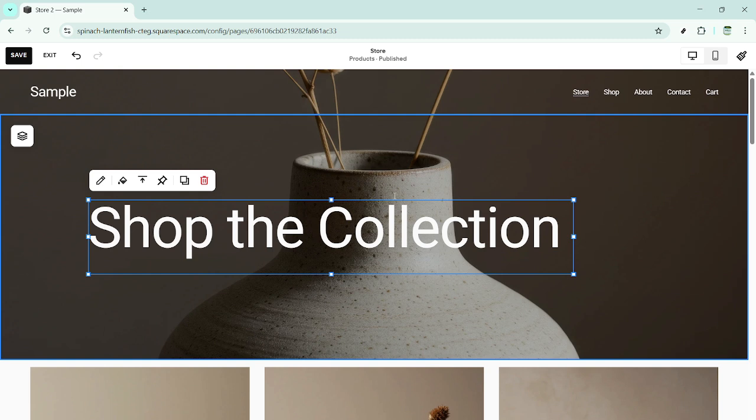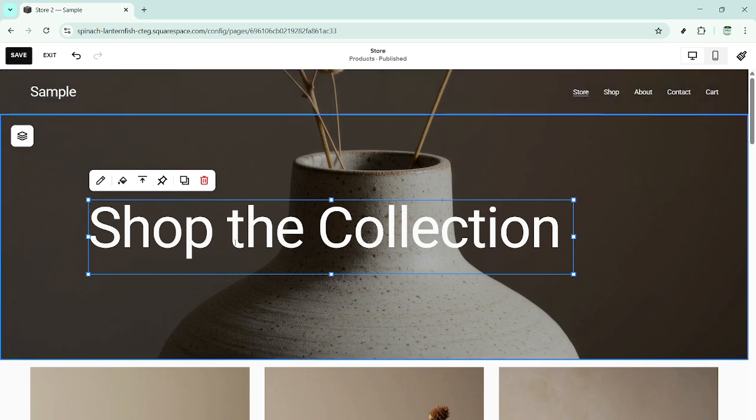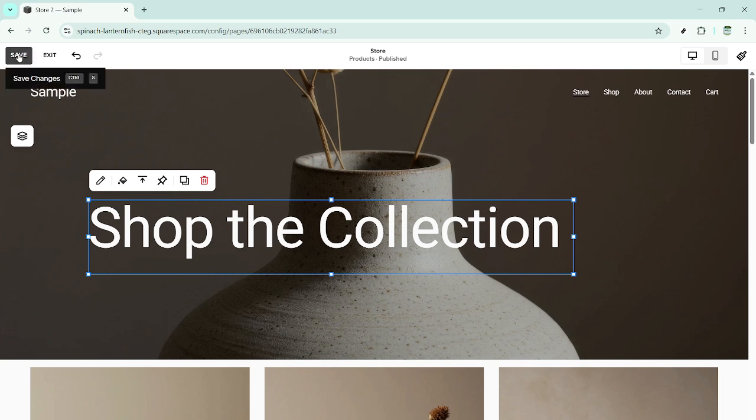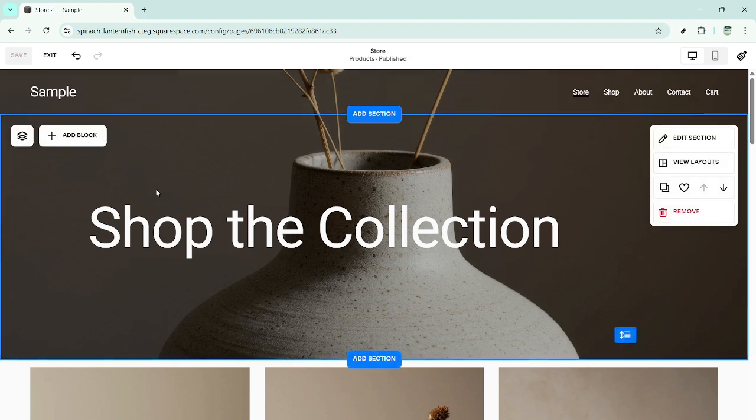When you're happy with the content and styling, click Save. This publishes your changes to the page and locks in your landing experience. That's it. Your streamlined Squarespace landing page is ready to guide visitors toward a single, clear action. As you iterate, focus on clarity, concise messaging,